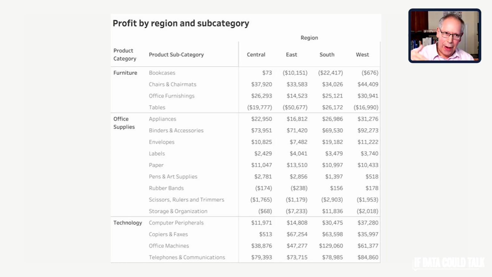me and Jeff have this discussion. We refer to the gateway drug to data visualization, and that's another one of the slides that you'll be able to pick up pretty easily. Give people their beloved spreadsheet, and we have an example, east, west, north, and south, and then 17 different categories. And we'll ask people, all right, which cell out of these 68 different things, 4 by 17, is the most profitable, which is the least profitable? And it takes a long time to scan through stuff, and 25 seconds, and 4 out of 5 people will get it right.